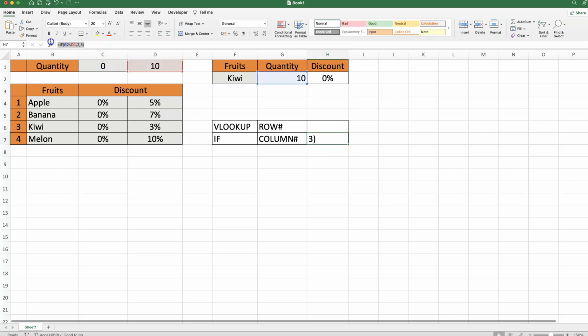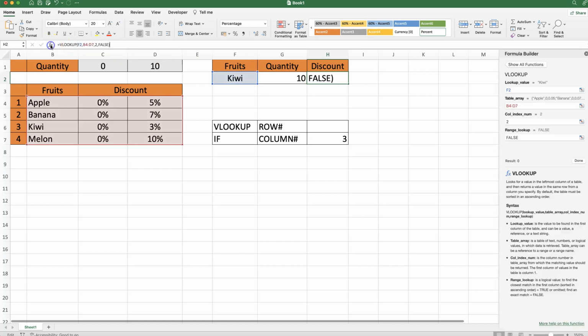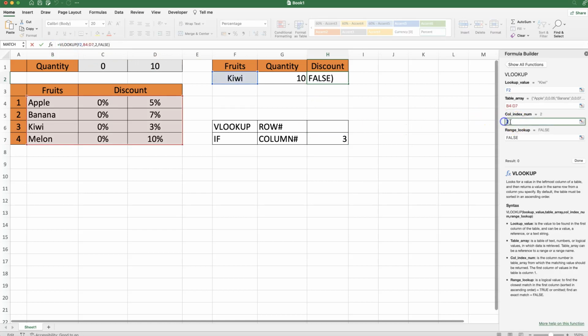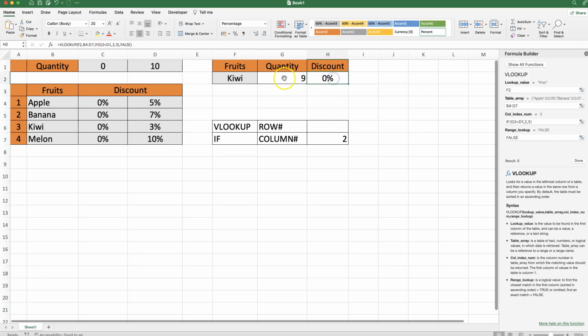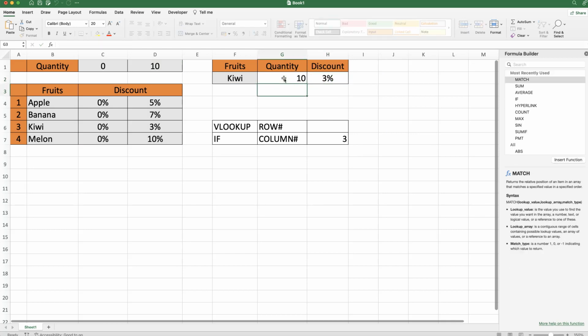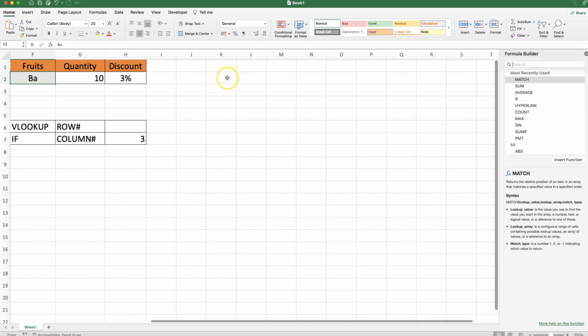So the logic here is correct, and what I want to do now is copy this logic, go in here on our VLOOKUP, click on the formula builder, and change the column index number to a more dynamic structure. Remove this equal sign here because that's not allowed, or else you get an error. So once you do this, confirm, and you can see that if I say 9, it changes nicely. If I say 10, it becomes 3, and of course if I change this to banana,